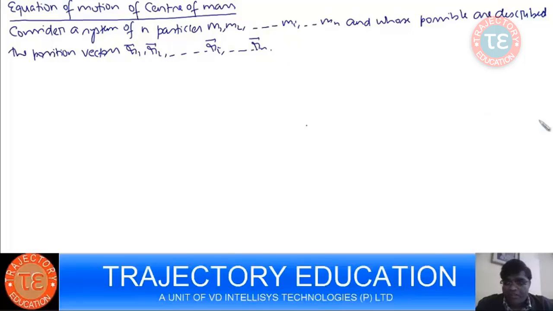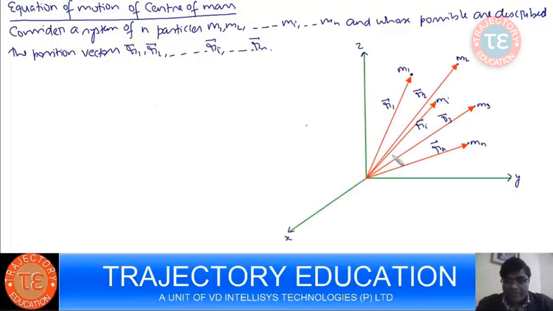So let me draw it. These are the system of particles m1, m2, m3, m4, mi, mn, and their positions are described by r1, r2, r3, ri, rn. So if I want to write the equation of motion of each particle, then this will be m1 r1 double dot equals to, I can write